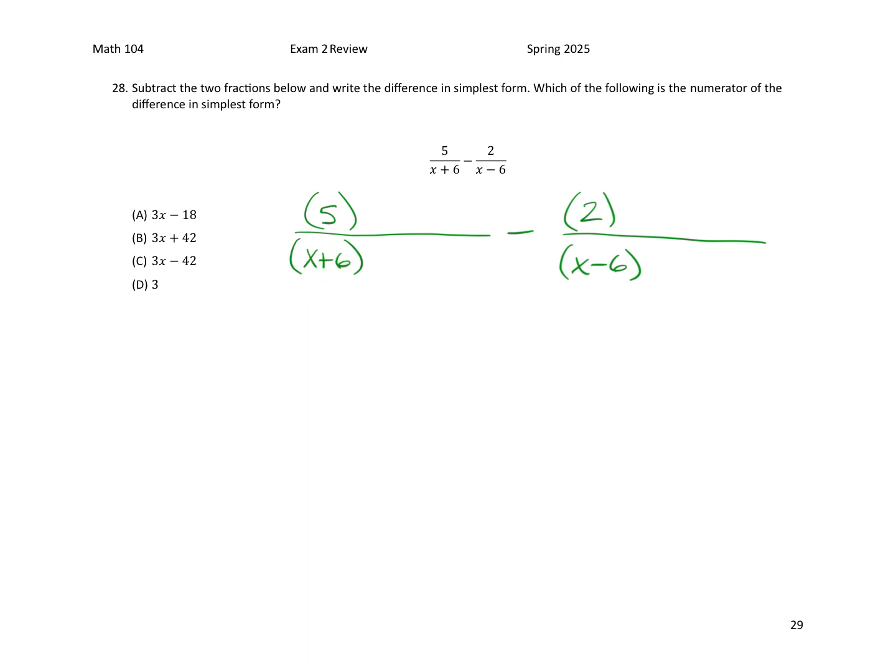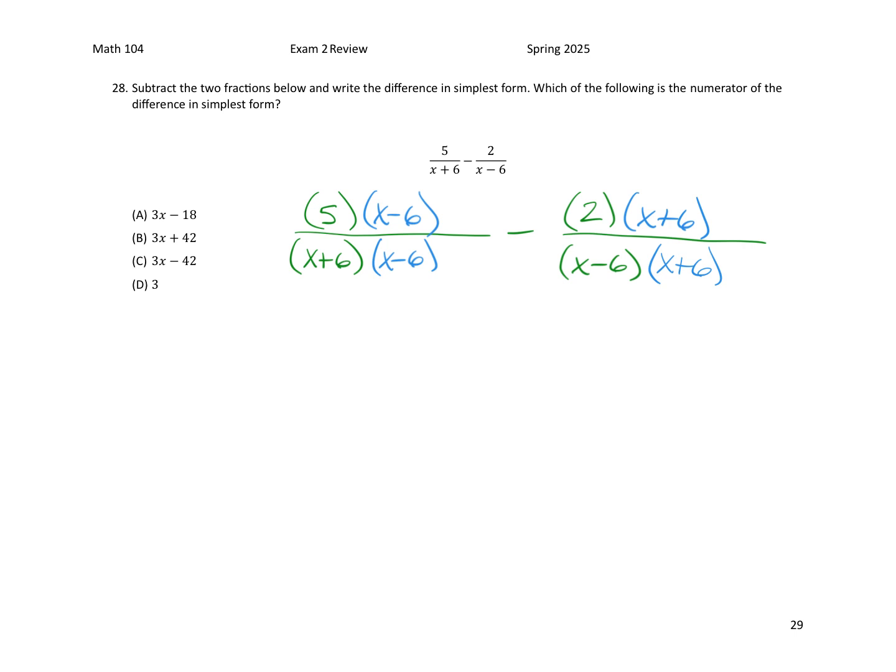So this one has an x plus 6. This one's going to need an x plus 6. And this one has an x minus 6, which means this one's going to need an x minus 6. So I have to add an x minus 6 to this toy box, but I also have to put it in the numerator. And this one needs an x plus 6 plus 6. Okay. And then